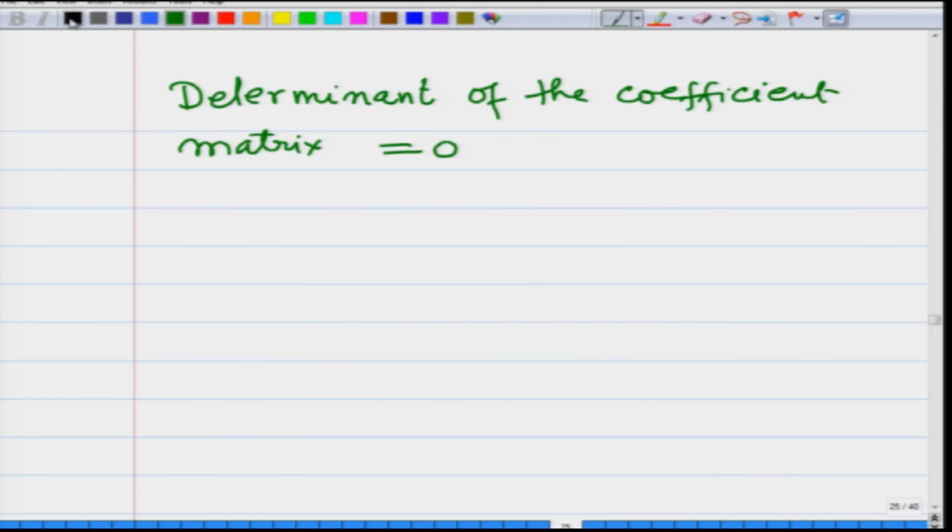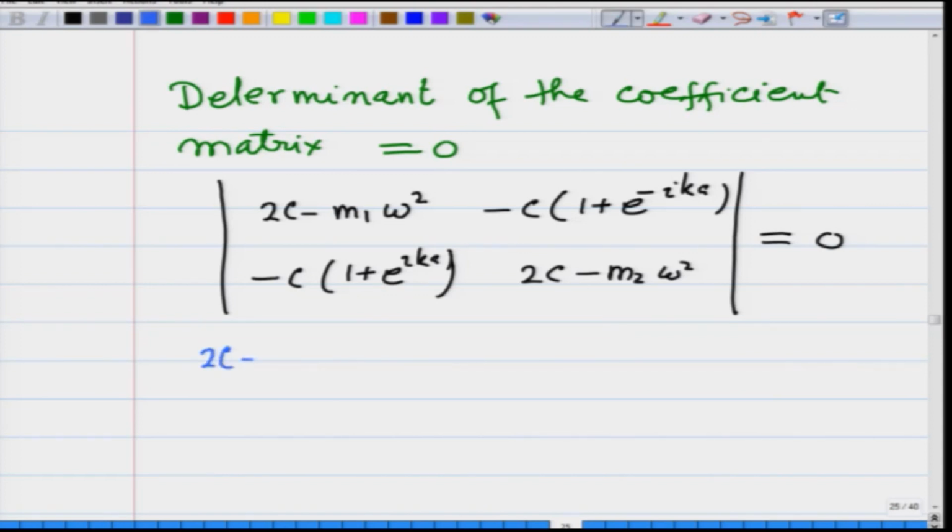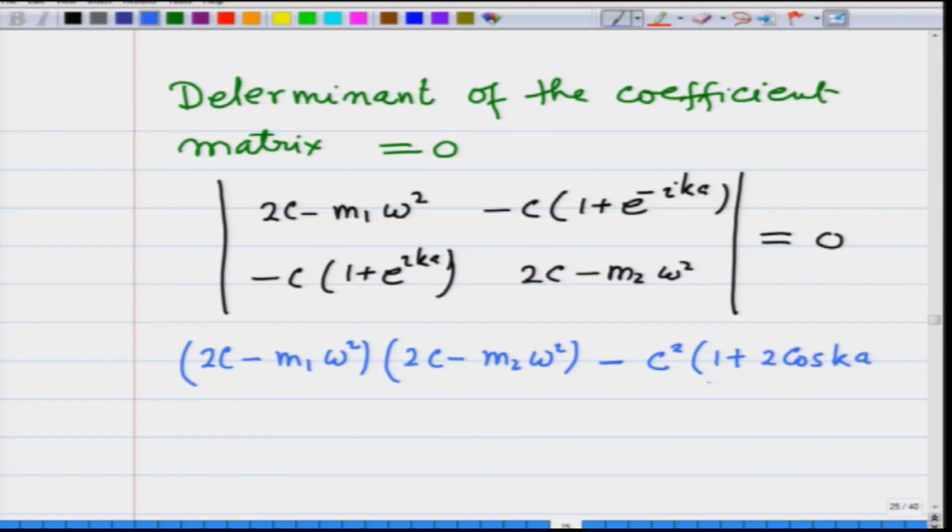And therefore, for a non-zero solution to exist, I should have the determinant of 2c minus m1 omega square, minus c times 1 plus e raised to minus i k a, minus c times 1 plus e raised to i k a, and 2c minus m2 omega square be 0 for the case when this wave exists, and that gives me 2c minus m1 omega square times 2c minus m2 omega square minus c square times 1 plus 2 cosine of k a plus 1